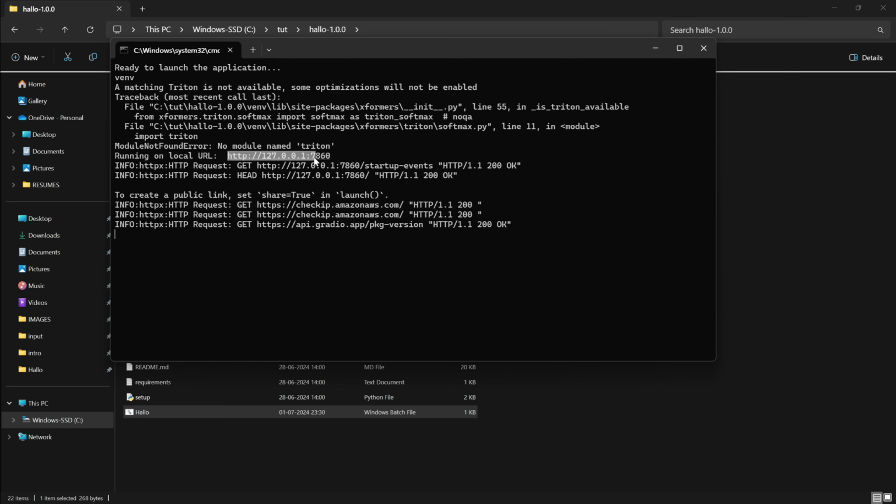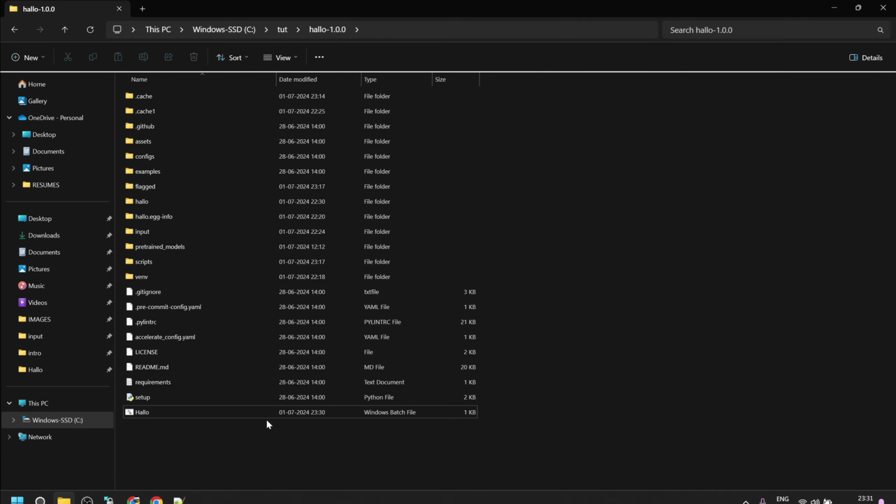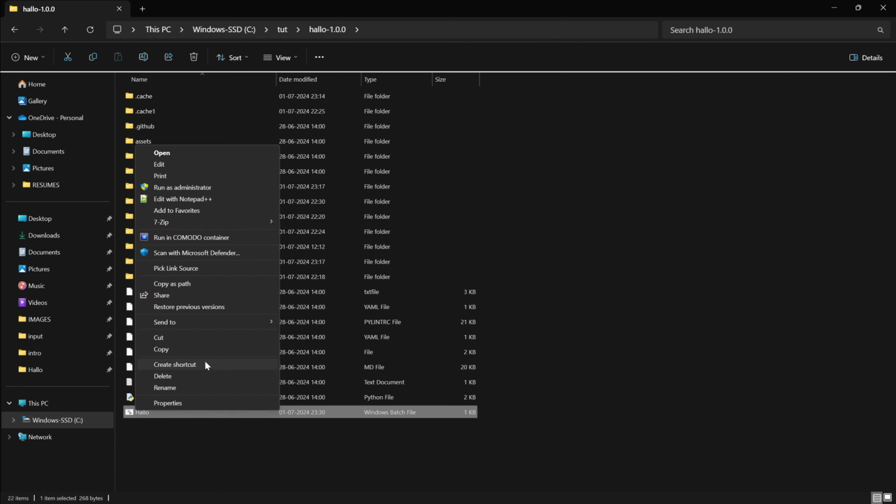You can just copy this URL and put it in the browser window. You can also right click on the batch file and use send to desktop, create shortcut. So it will create a shortcut on the desktop which you can use